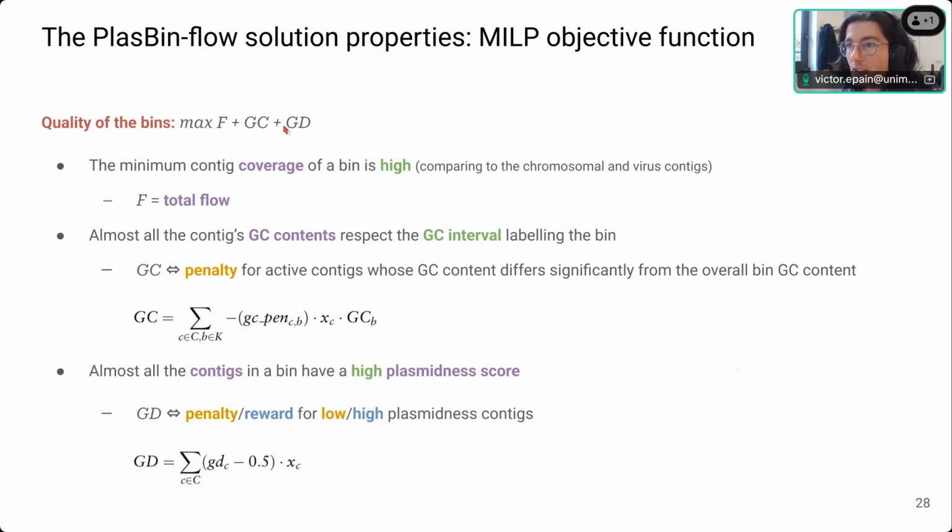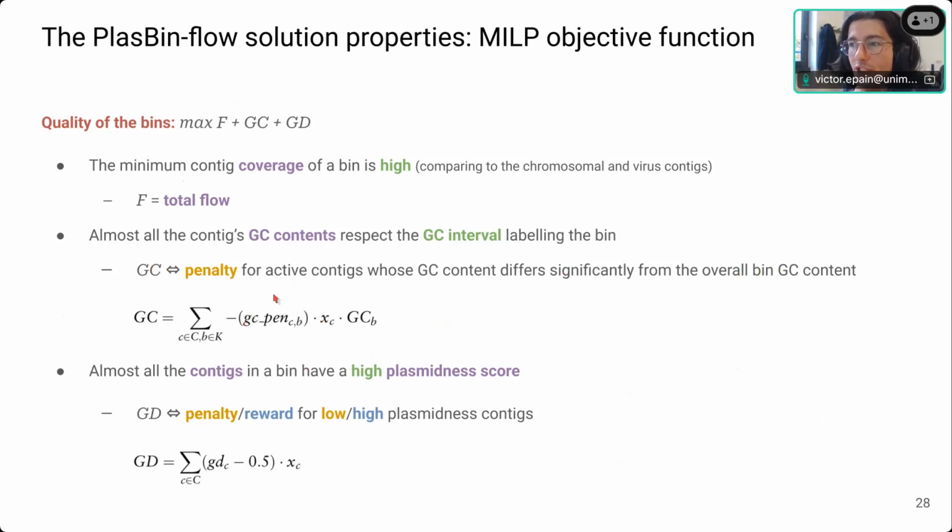Okay. Almost all the contig GC contents respect the GC interval. You have a GC term, which acts like a penalty for active contigs whose GC content differs significantly from the overall bin GC content, from the label of the bin, which is the GC content interval. They describe it as not linear, but you can use some tricky things to make it linear.